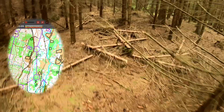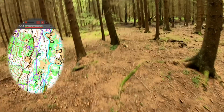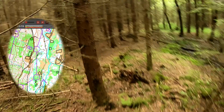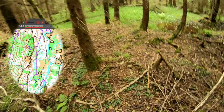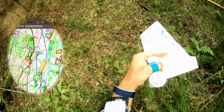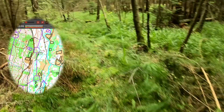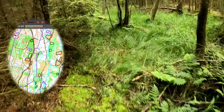I would have to go all around probably, and I would end up in some marsh anyway. Fortunately, it wasn't. This part was not that long, maybe 100 meters. Now you can see the marsh which I had to pass. I wasn't very happy about it, and as you can see, I'm still looking at the map because I was expecting the control already somewhere here, but